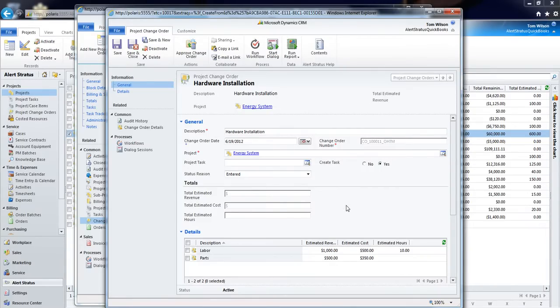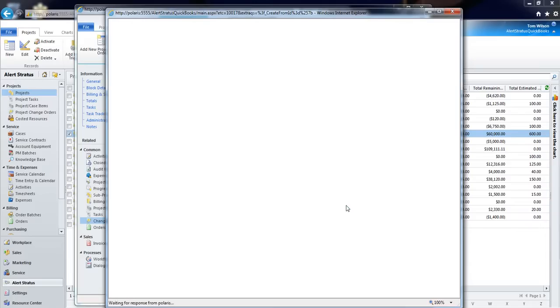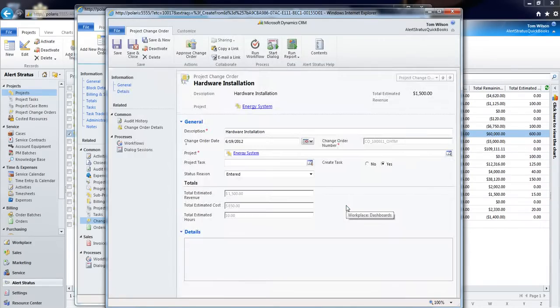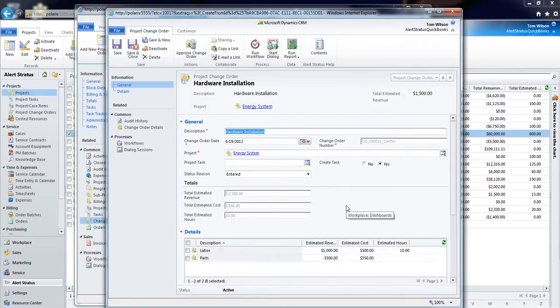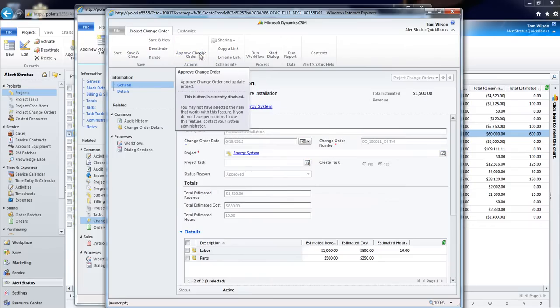So I'm going to hit F5 to refresh this entity. And you'll see that it's now refreshed and rolled up all of my estimates to these fields here. The next step is, you'll see in the ribbon bar I now have an Approve Change Order button. If I click this now to approve the change order,